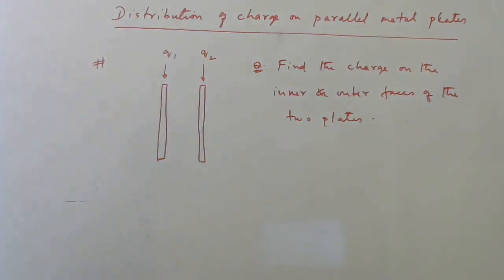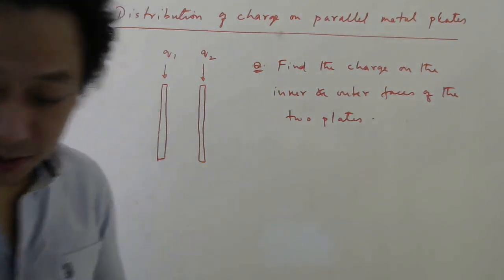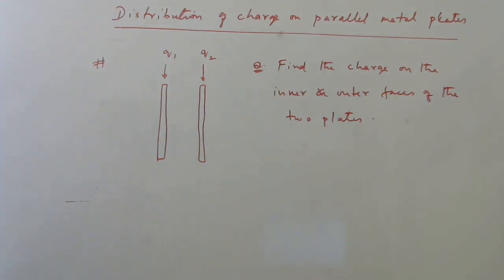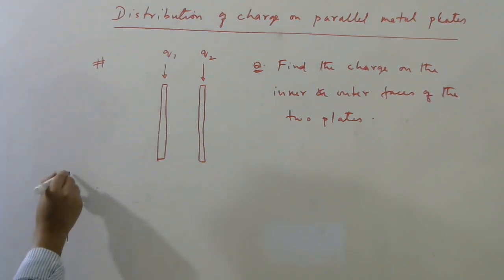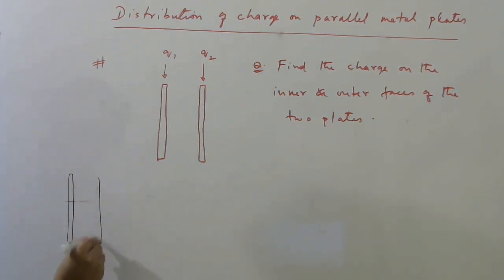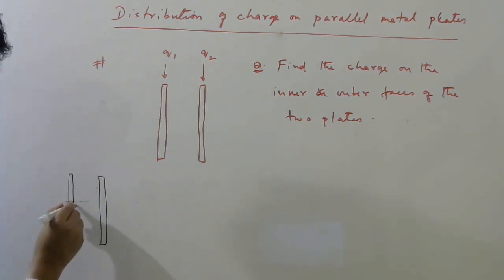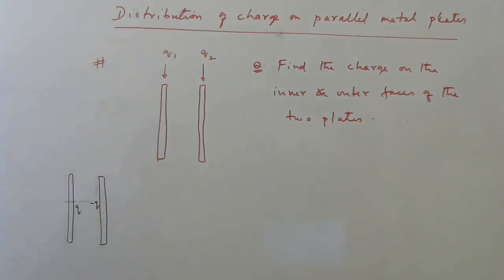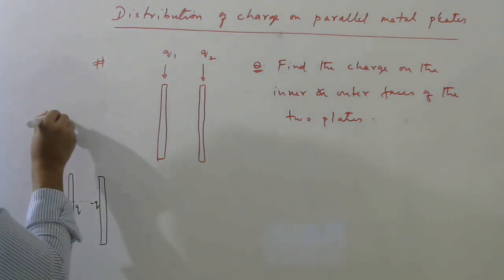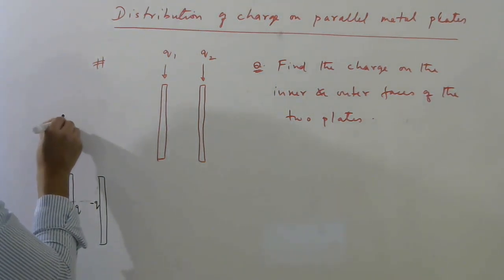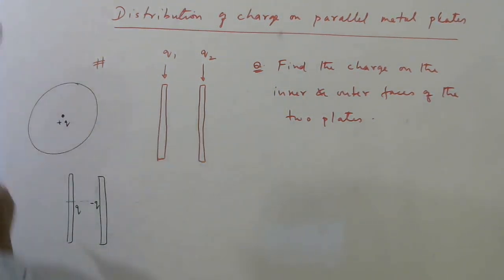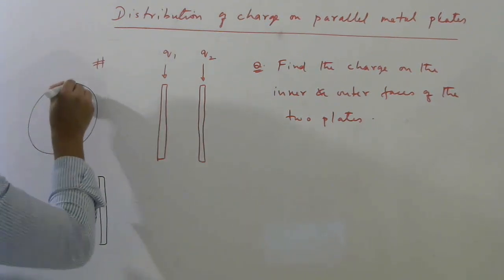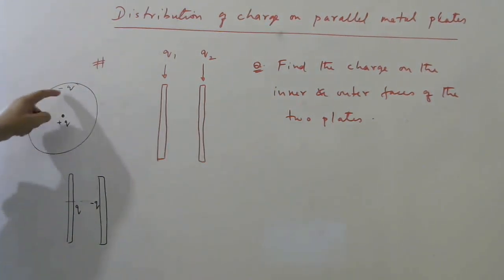Suppose I ask this question. Now for this, try to understand one thing again. If you have two plates, if charge here is Q, charge here must be minus Q. Must be. Like in the case of concentric spheres, I used to tell you, if charge here is Q and you put a metal sphere, then inner face must be minus Q. This and this should be always equal and opposite.